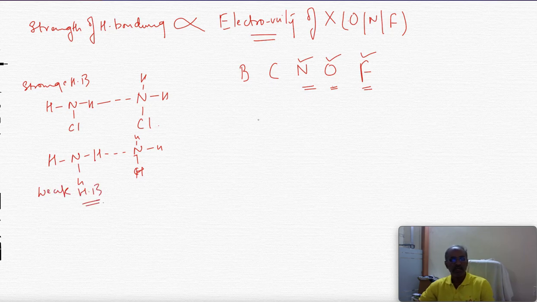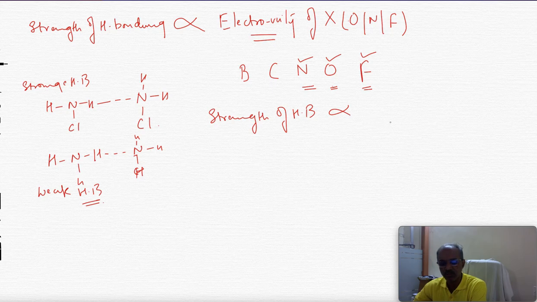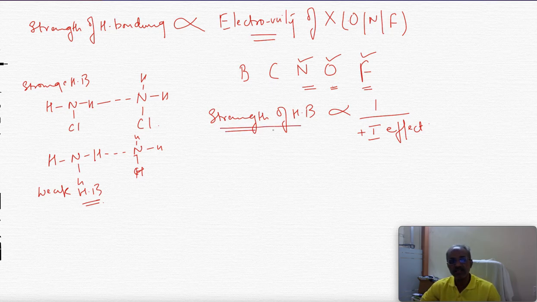Fine. Or we can also say it as strength of hydrogen bonding is inversely proportional to plus I effect or plus inductive effect, because inductive effect means electron donating group, plus I effect. So make it, it's important. Strength of hydrogen bonding is inversely proportional to the plus I effect, and it is directly proportional to the electronegative or the minus I effect,